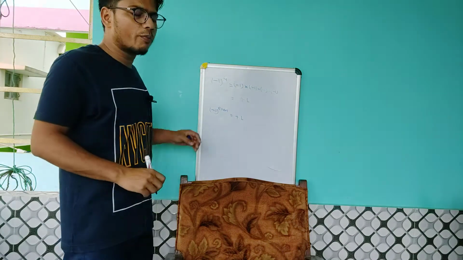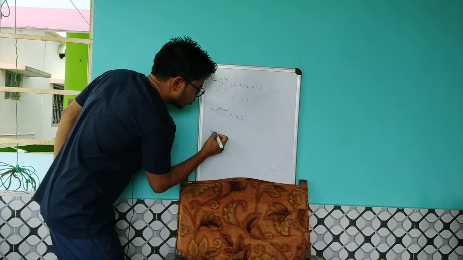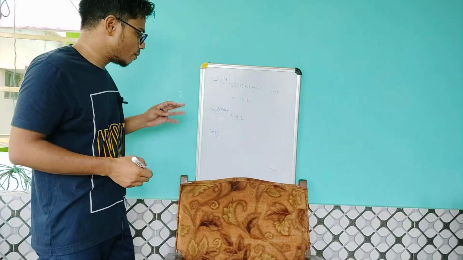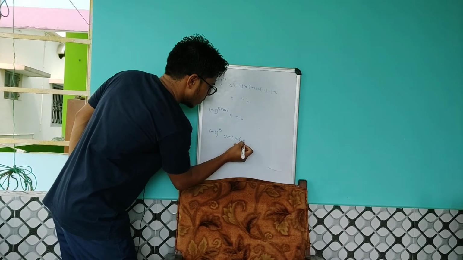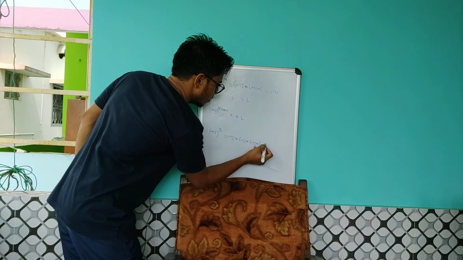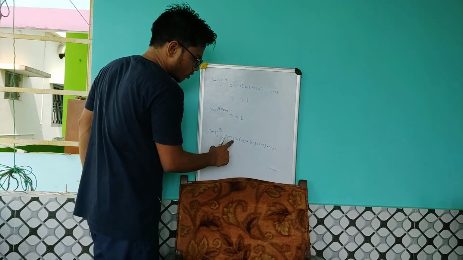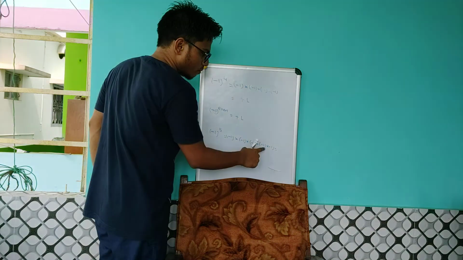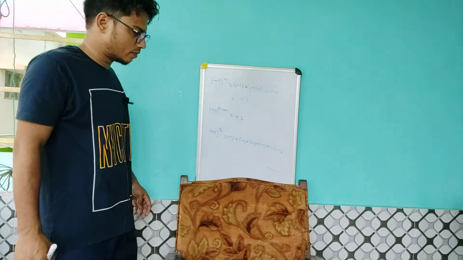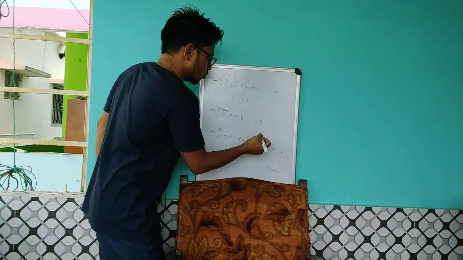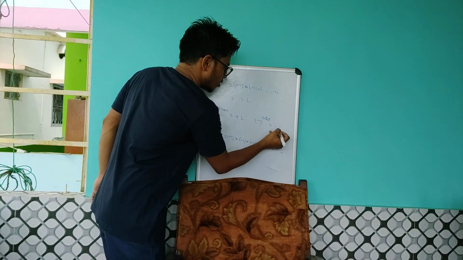Let us check it for some odd power. Let us say -1 is raised to the power 5. Then we will write it as -1 multiplied with -1 multiplied with -1 multiplied with -1 multiplied with -1, 5 times. You will find this result to be -1 into -1 is plus 1, -1 into -1 is plus 1, and finally -1. So you will find that if -1 is raised to some odd power, it will always give the result -1.